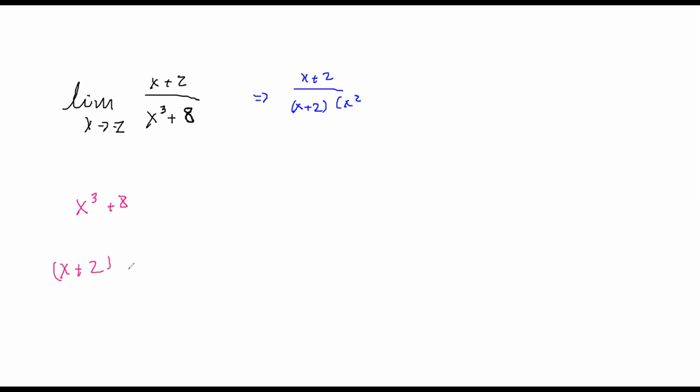Wait, how did that become x plus 2 x squared? Well, we're separating it into a different factorization. If she does this in reverse, you'll see that this adds up to x cubed plus 8. So all we're doing is changing it algebraically. The goal is to have this be equal to this, but there are numbers here that I would have to go back into Wolfram Alpha to find, and I just want to figure them out right now because I'm starting to get punched by this problem.